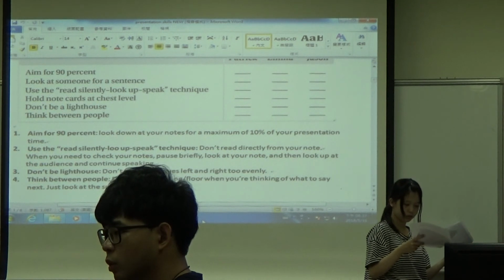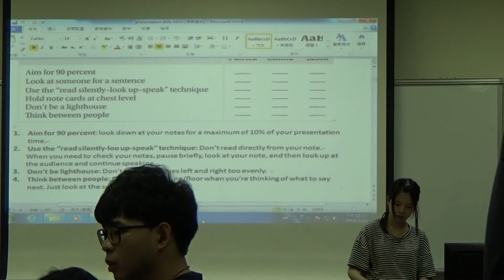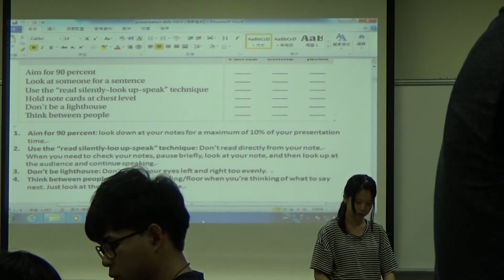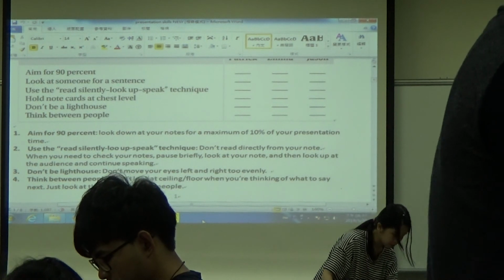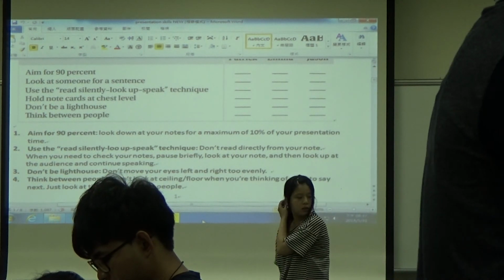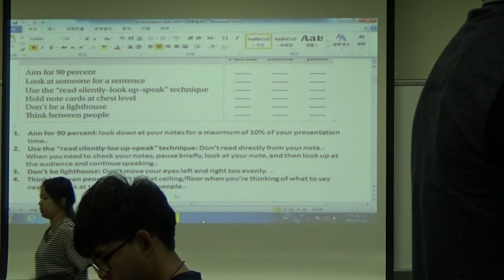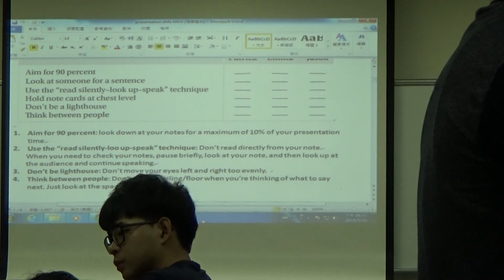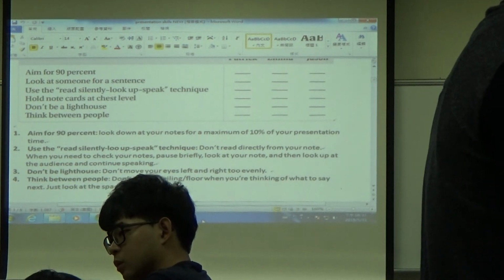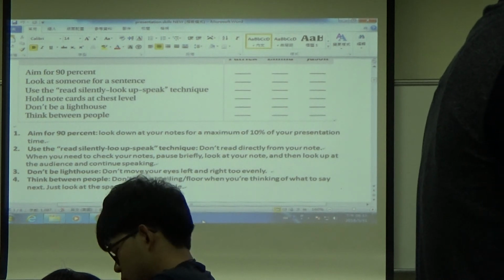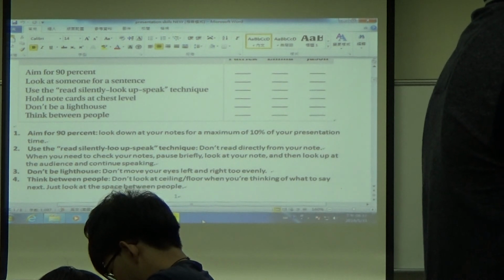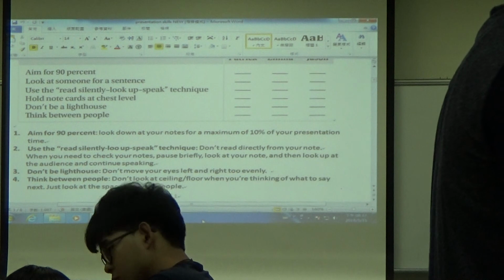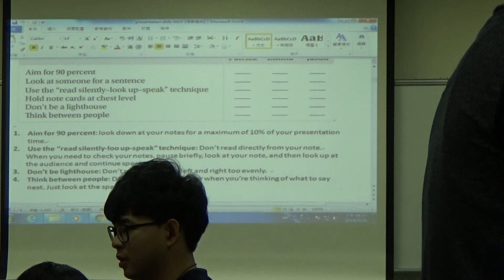Read, then silence. It means that somebody just keeps reading on their notes. So if you want to read your notes, then just be silent. And after you look at it and get your ideas, then start talking. So don't look at your script and talk at the same